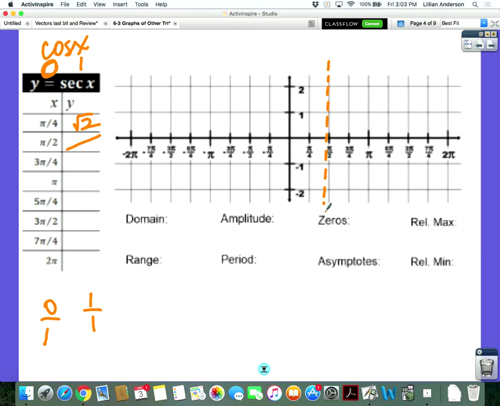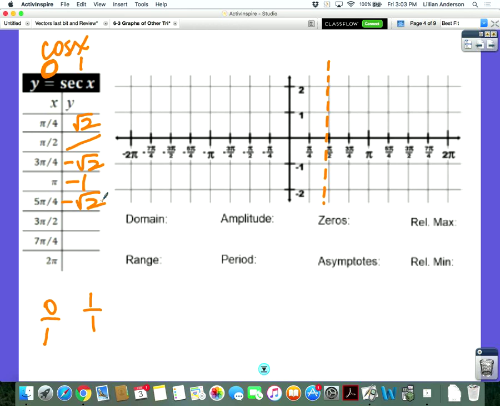So then on secant would be negative root 2. And it kind of repeats the same pattern. The cosine of pi was? So when you flip that, that turns into negative 1. The cosine of 5 pi over 4? So then on secant it would be,